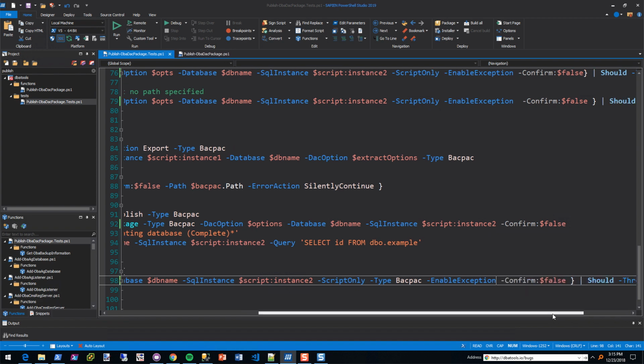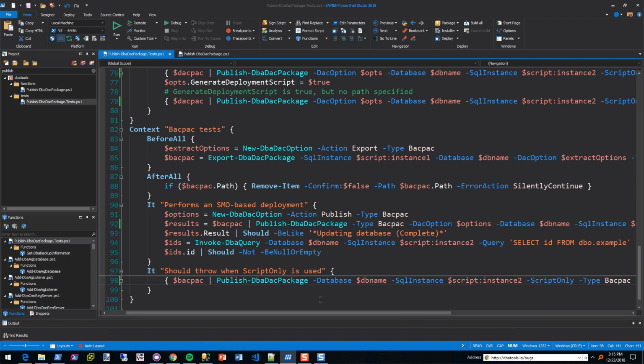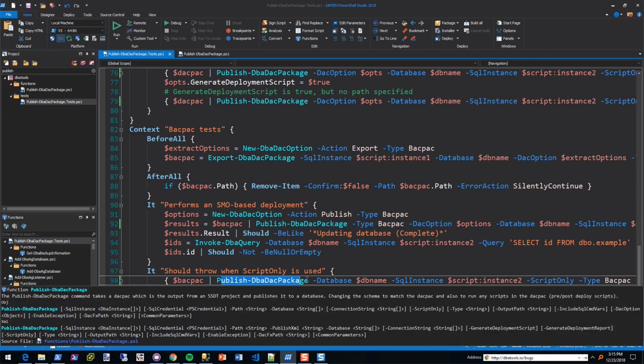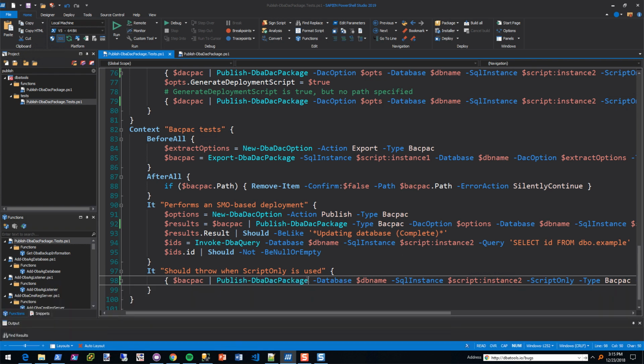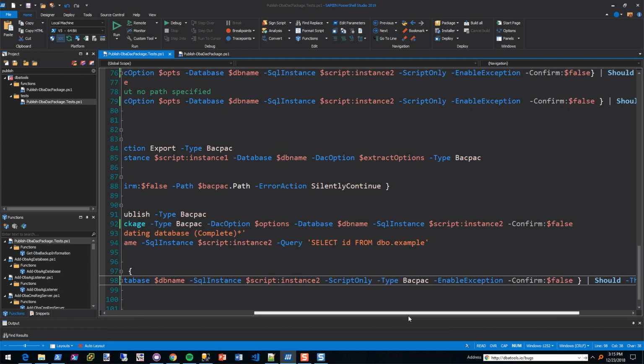So now I've confirmed false on all of those. Something else that I could have done was just copy paste this and said confirm false anytime that it said publish DBA DAC package. But I've noticed some people, whenever I do that, will submit a PR, and as they're doing their own tests, they will just throw it at the end.